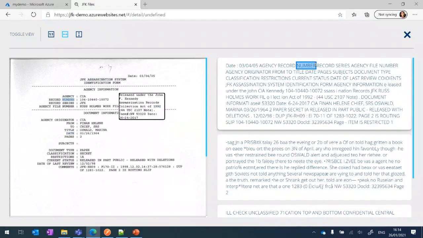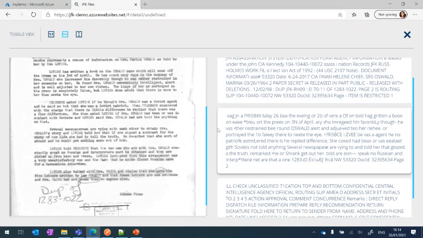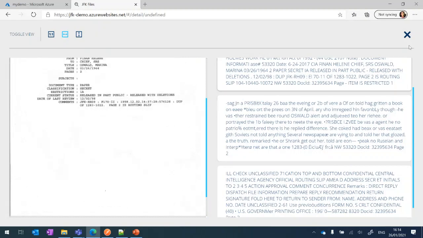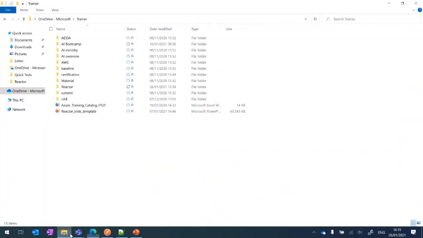Another thing that you can do is also analyze this text itself and do some text analytics on this text and gather some more information about what was written inside of the text. Now let me show you how this was created and how you can create one on your own. Now over here,